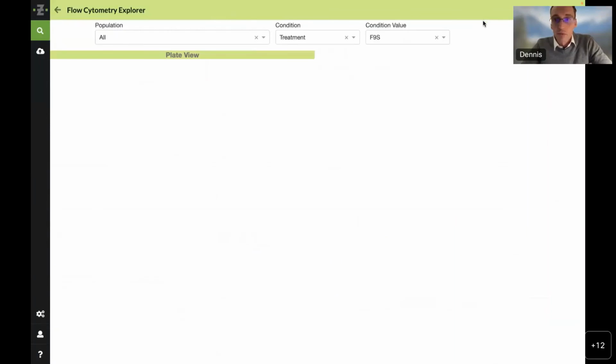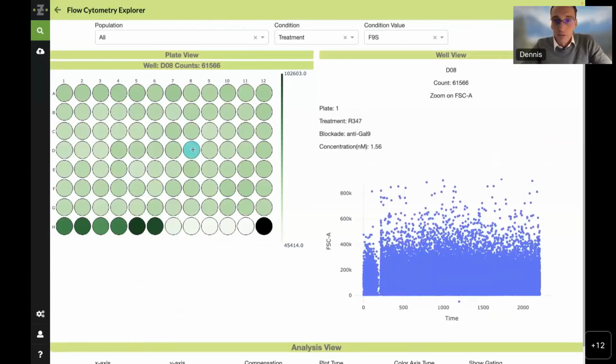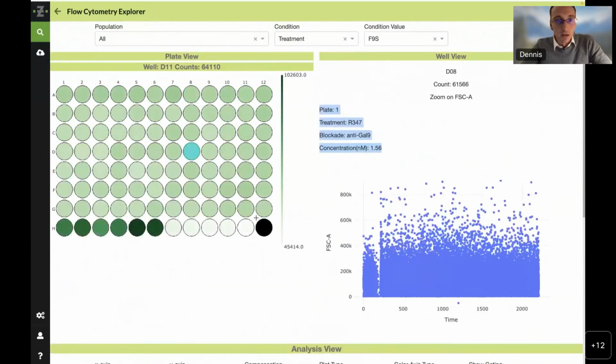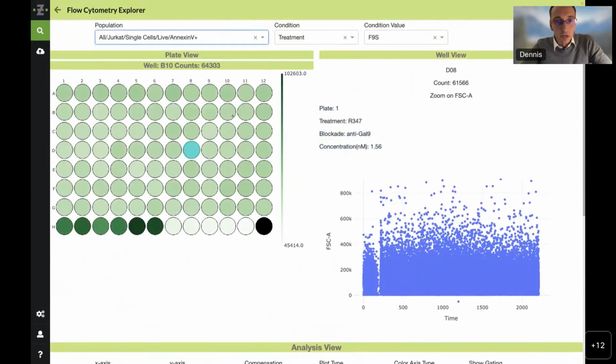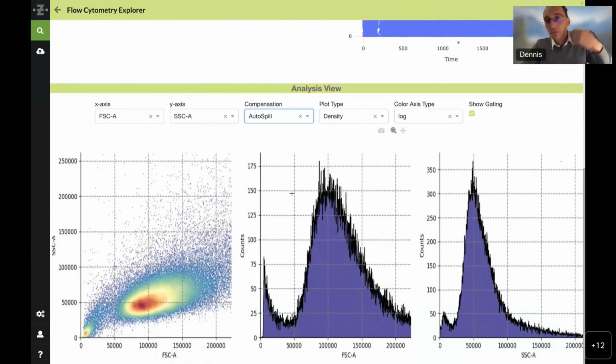And so we have recently built this flow cytometry viewer that gives you an interactive representation of all of this data where I can just visually go in and select, for example, a well, then automatically see all the planning information that belongs to it and get an interactive graph of here the forward scatter against time. And down here, I get some of the abilities of FlowJo to do analysis on it. I can, for example, select subpopulations and then go in and show, for example, the gating, apply compensations, and enable the view